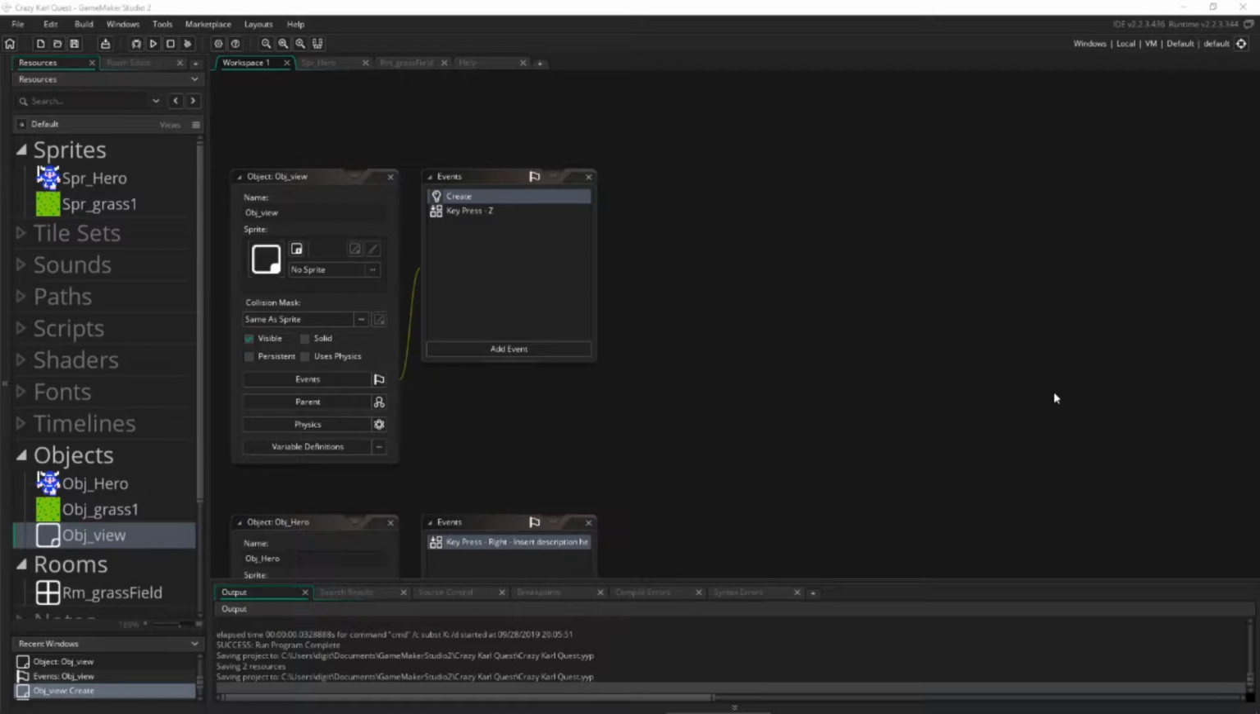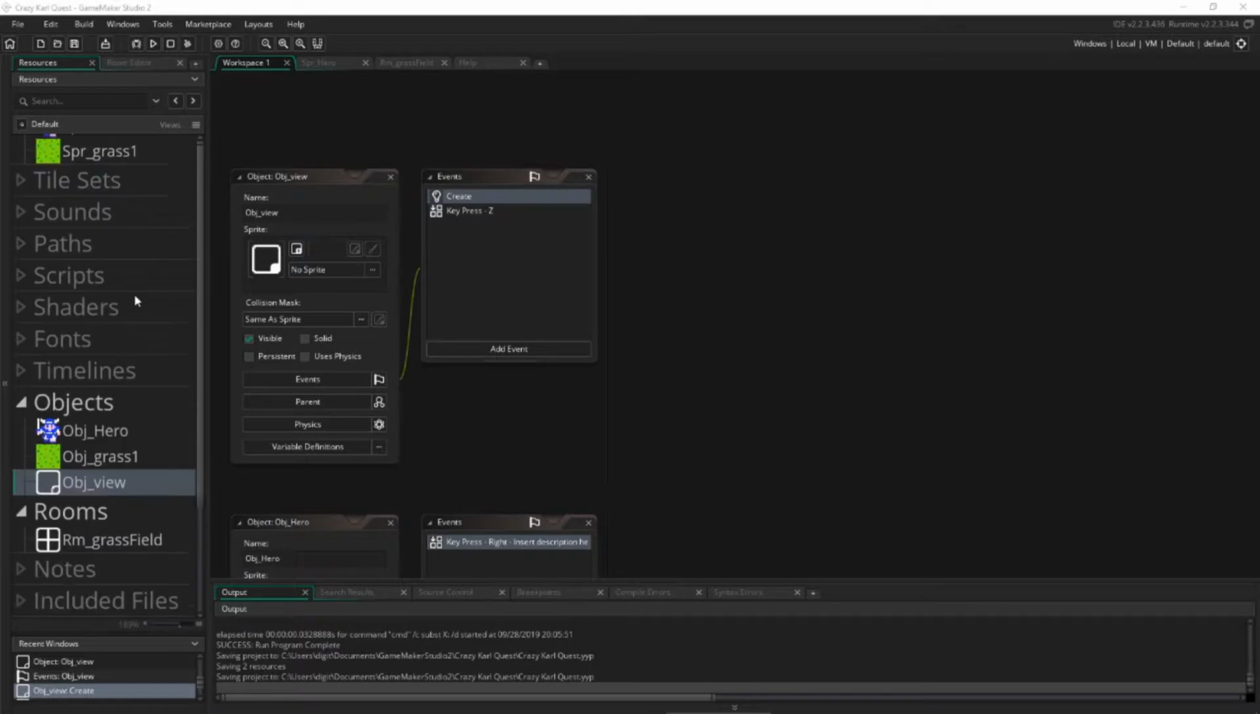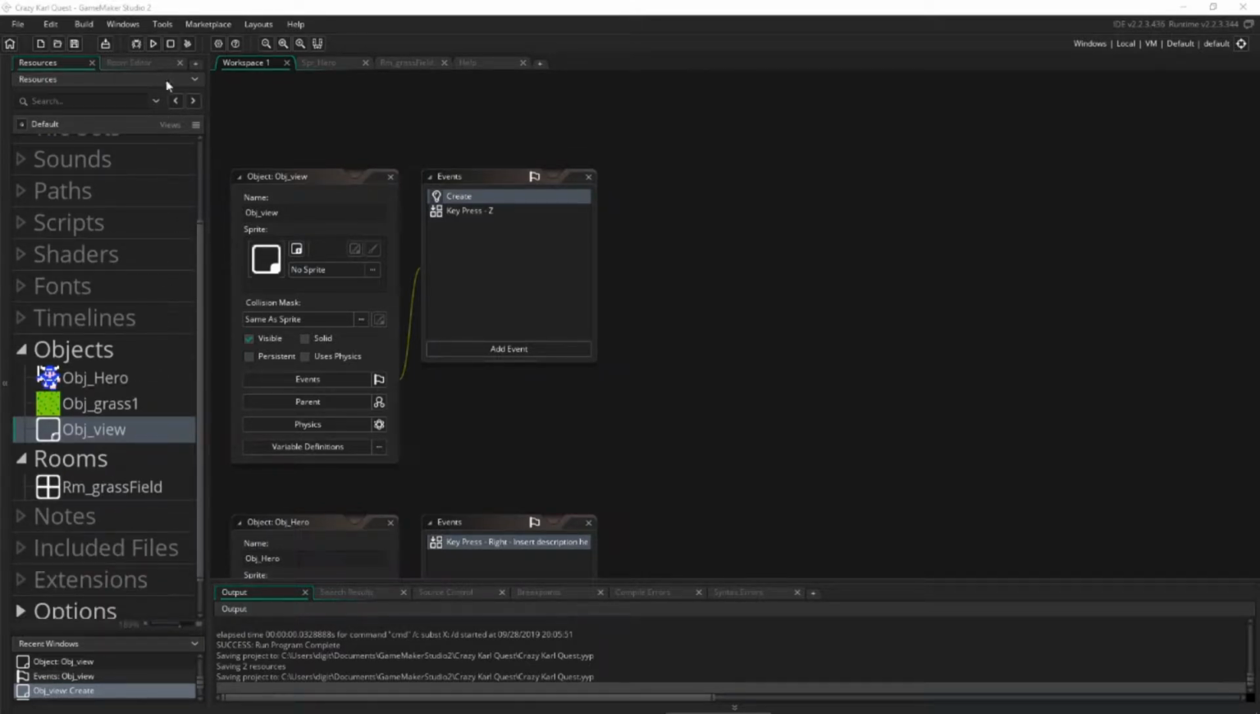In this video we are going to focus on player movement. We're going to implement the ability for our player to move in all 4 directions. So we have our sprites, we have our objects, we have our room. When we run our game,